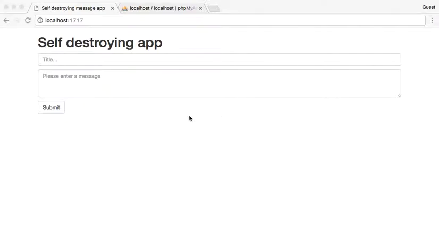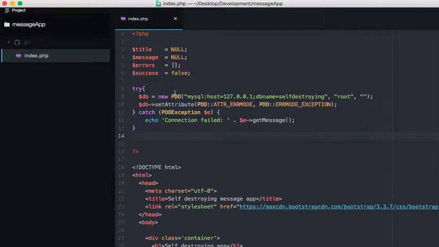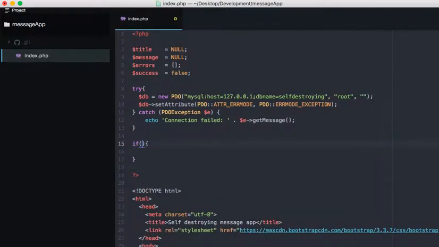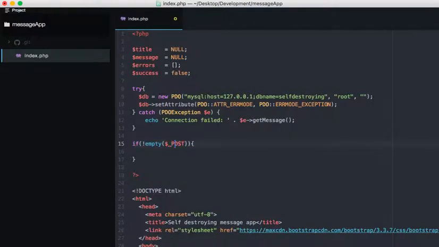So we've created an HTML form, we have connected to a database that we've set up, so let's just go ahead and jump straight into it. What we want to do is handle the submission of the form. So I'm going to say if, exclamation mark negates what I'm about to say. So if it's not empty, $_POST. I don't need that. Then we want to do something. We want to move on with